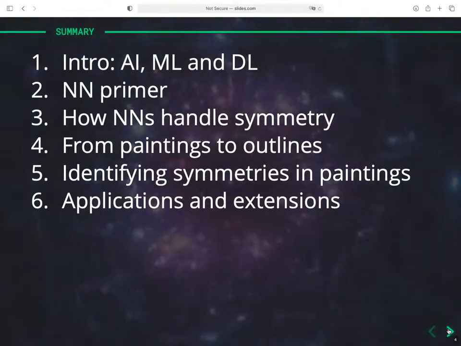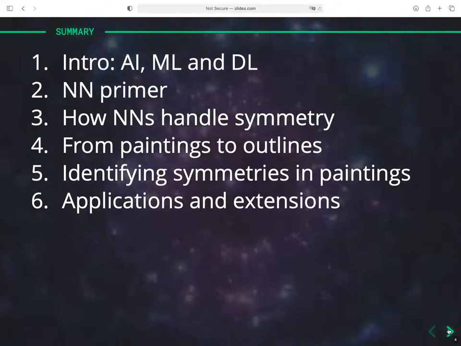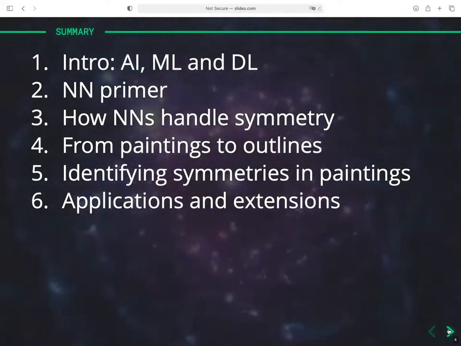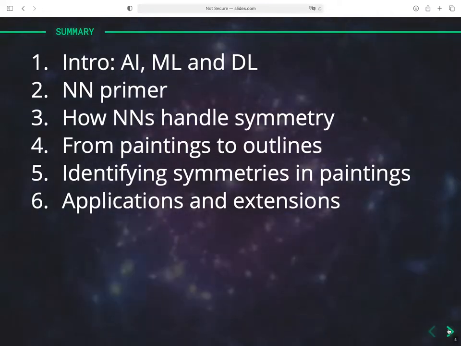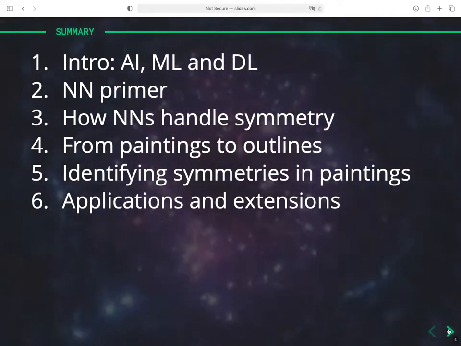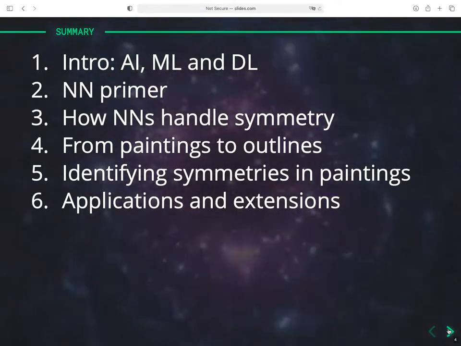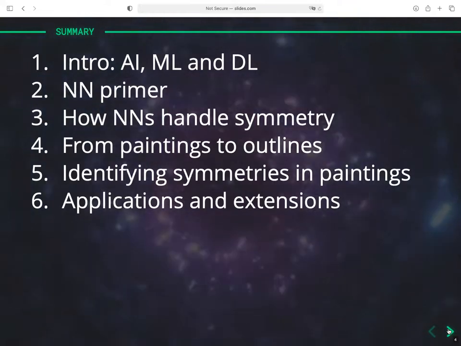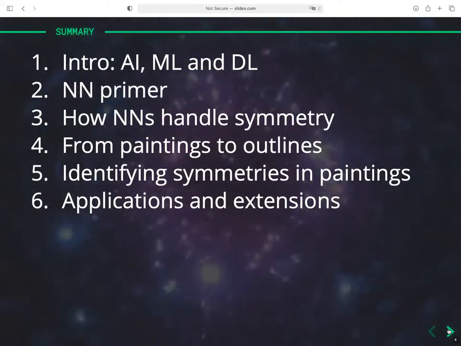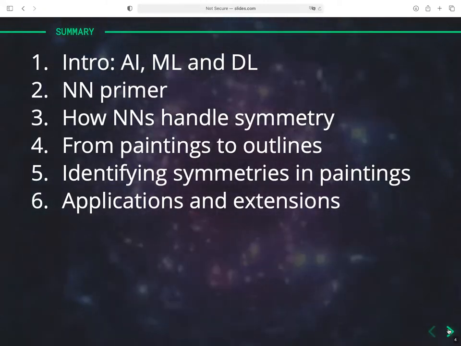So the idea is if we figure this out, we gain some understanding of how they actually work. So it's a long summary. The introduction would be to define a bit what all these terms I've started using: artificial intelligence, machine learning, deep learning. Then I will focus on neural networks and I will introduce many of the concepts. And finally, starting from the third part here, I will deal with the research we did,